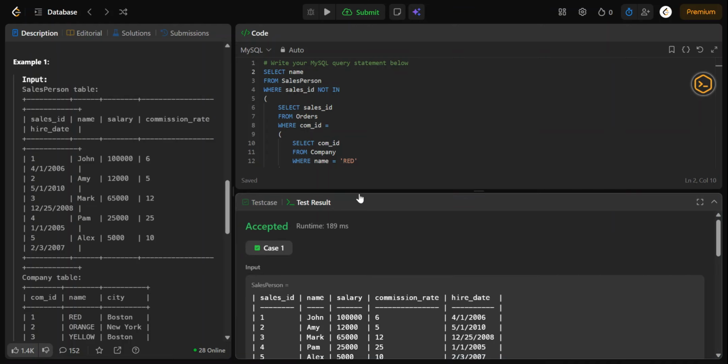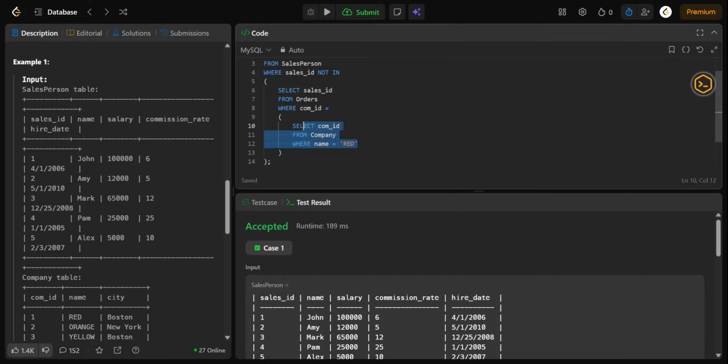Okay, yeah, accept it. So let's understand the query step by step here. You can see the innermost query executes first. What does it mean? This is the innermost query here. This query executes first, because this is the rule of SQL. First we execute the innermost query.